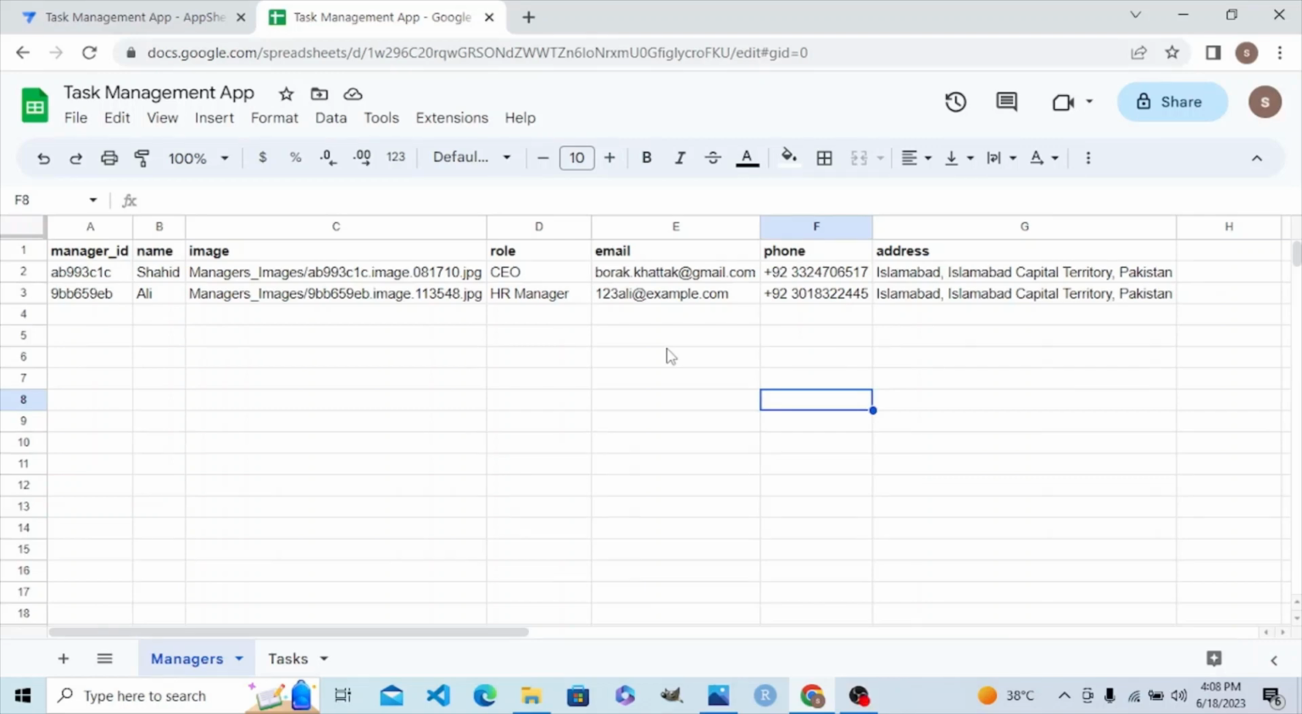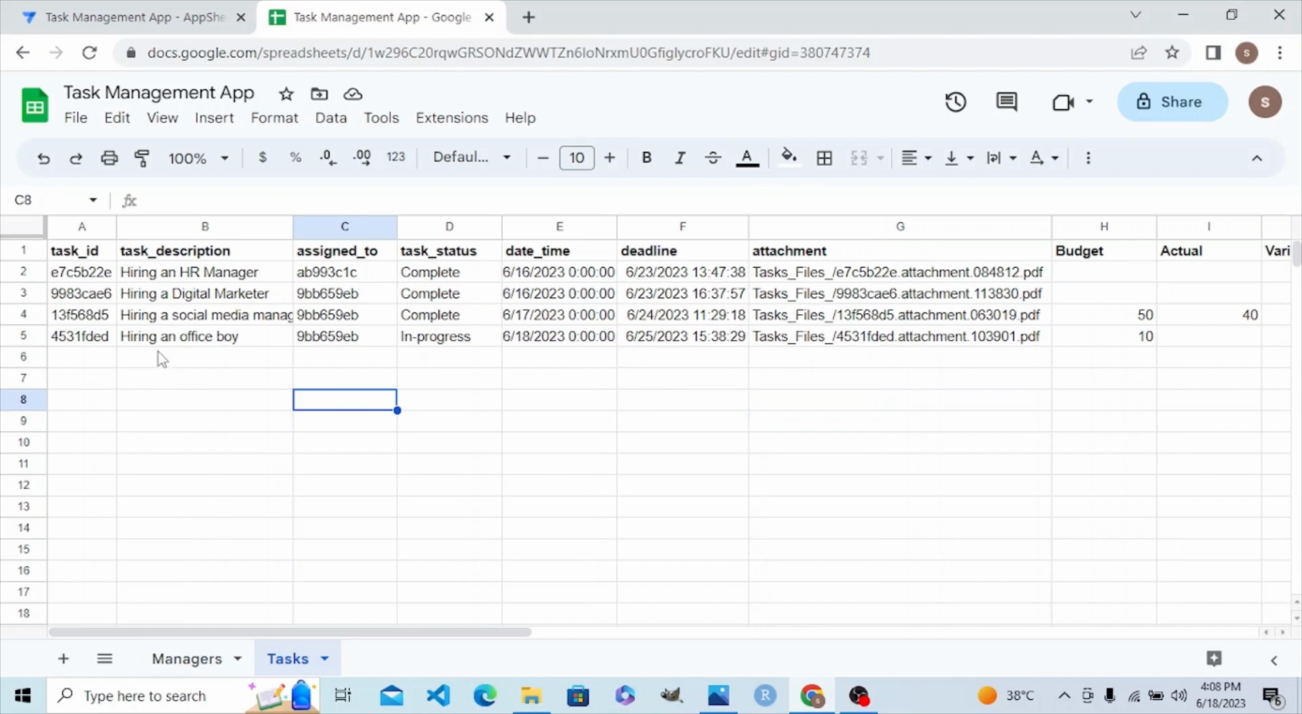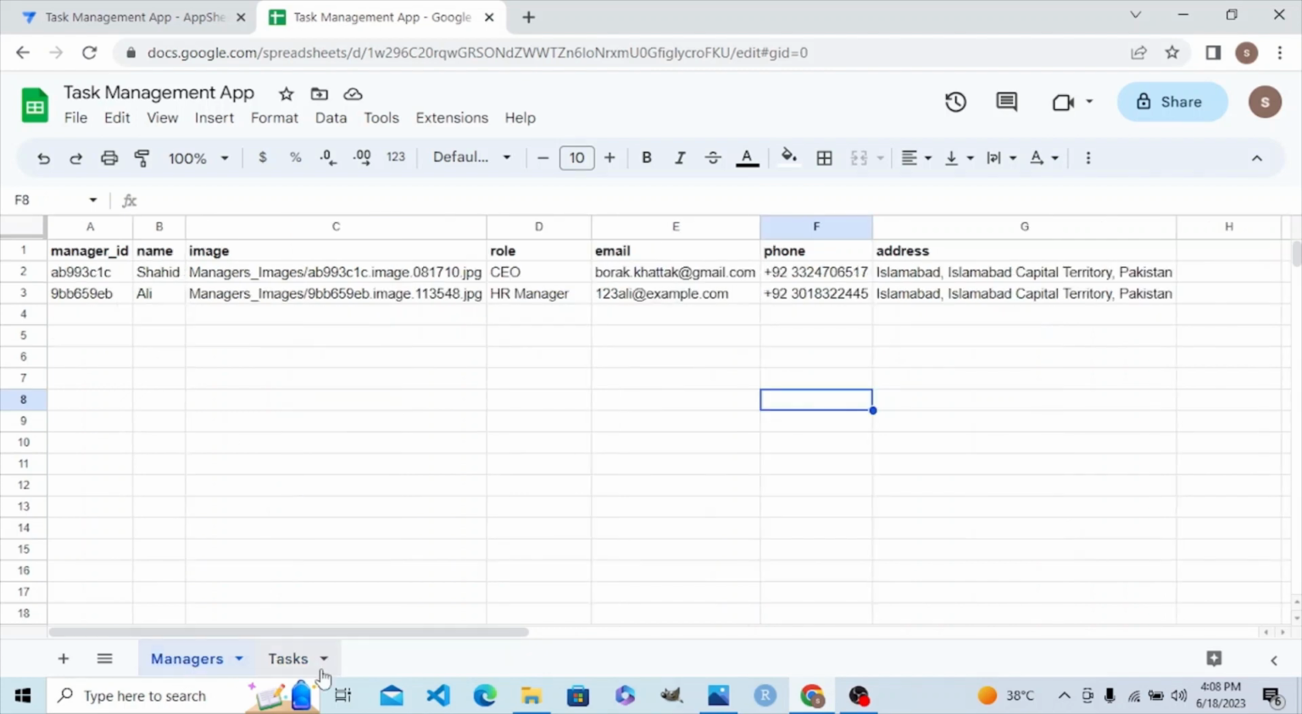Students, we learned that each table should have one primary key. We discussed this already. We have two tables, the managers table and the task table, and each has one primary key. But when we